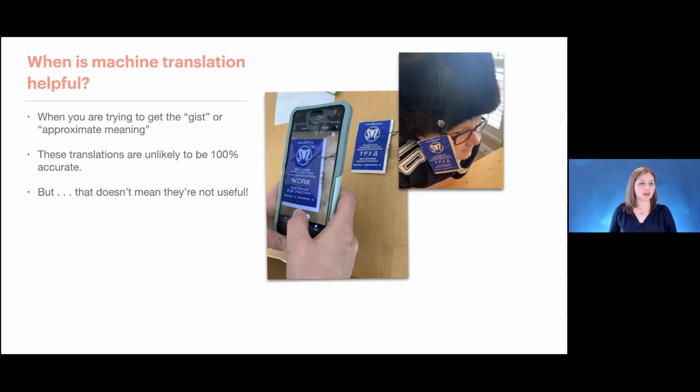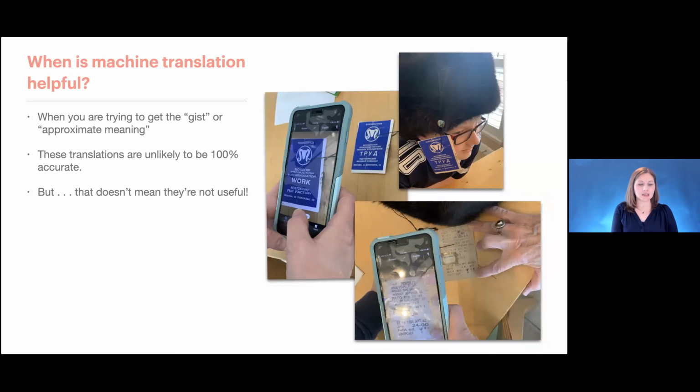And so we pulled out our handy phone and got on the app, took a picture, because this is one of the features of Google Translate, and it was able to translate both the front and back of this tag. And so we learned, okay, this was created at a certain manufacturing company, and that it was in fact rabbit fur that the hat was made of. When we were originally looking at that tag, we knew nothing. We had no idea what that tag said because nobody in my household speaks Russian.